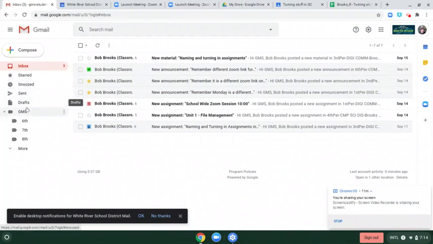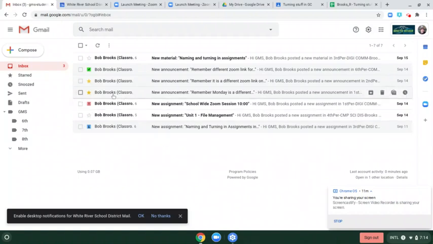So you have to create your GMS folder, then you can create your subfolders. You have to create your parent 6th grade or 7th grade or 8th grade, then you can create your subjects in those. So I would do that. It's a good idea to do that. Take some time, make your labels there. Now, once you have your labels set up,